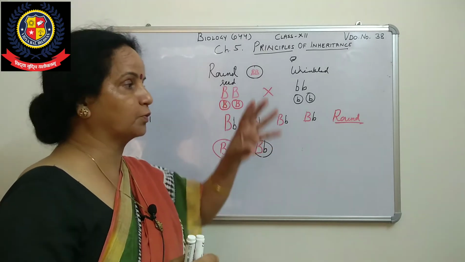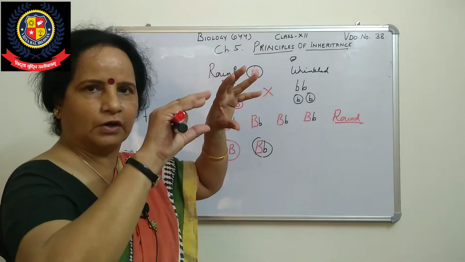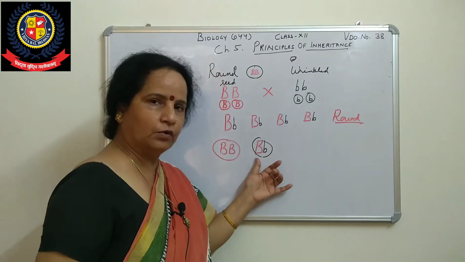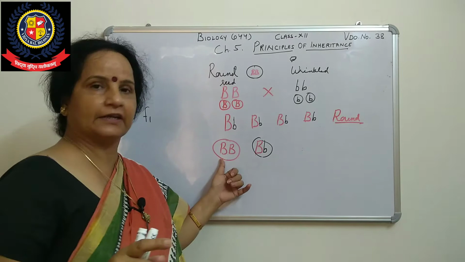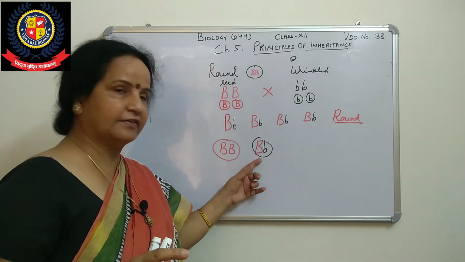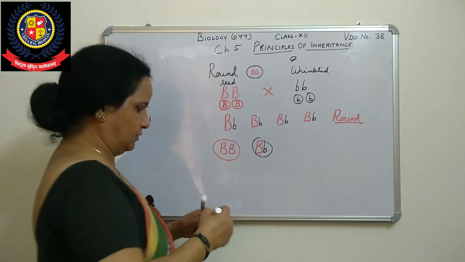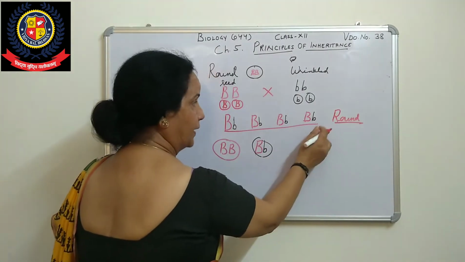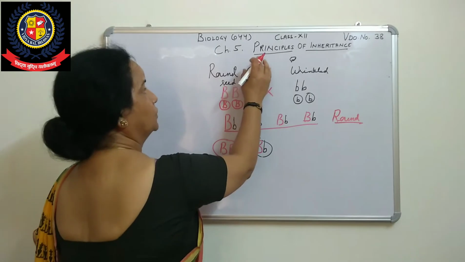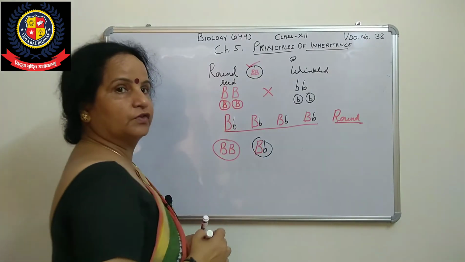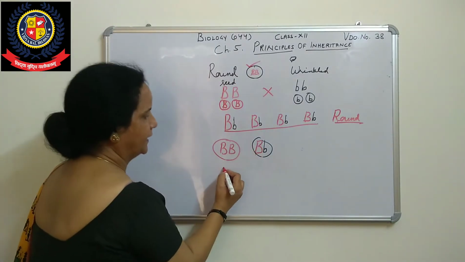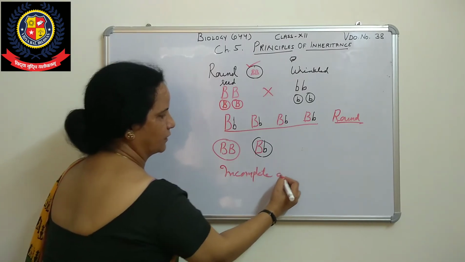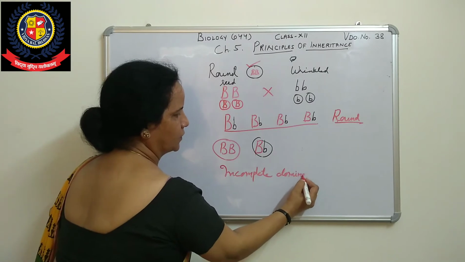Means that is not exactly, suppose this one is round or this one is small round, and the wrinkled ones are very shrunken. But now here that is round but intermediate, not just like it. So again we can say this one is where we are getting this. These all are round but not exactly the same as this type of round. That is also what we can show here: incomplete dominance. What we will show here? Incomplete dominance.